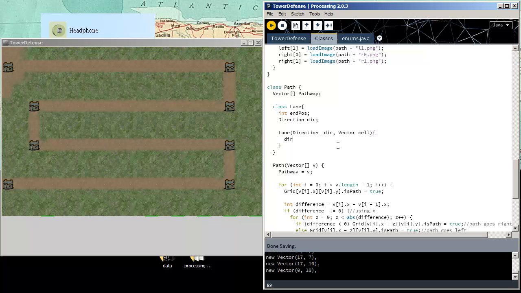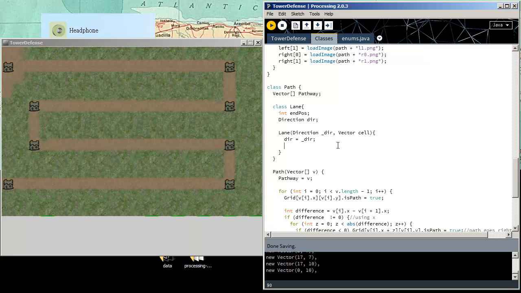So the direction we could just apply, but as for the end position, we need to calculate that out a little bit, because the end position will be different whether it's up and down or left and right. So if the direction is up or down,